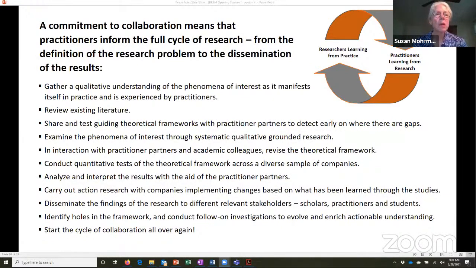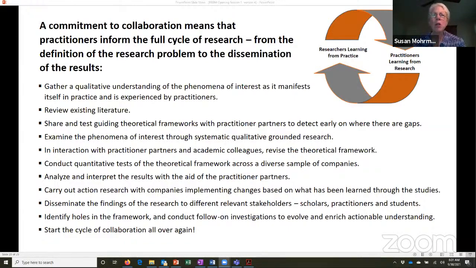Usually one of us, or several of us, would stay with the whole study. I think our team study was 8 years in total, with 3 different sub-studies. There were 3 of us that stayed with it the whole time, and the rest were graduate students coming in and out, or other colleagues who were particularly relevant to the issue, let's say of cross-functionality, who joined us for that study. And we just built our network of collaboration through that whole process.